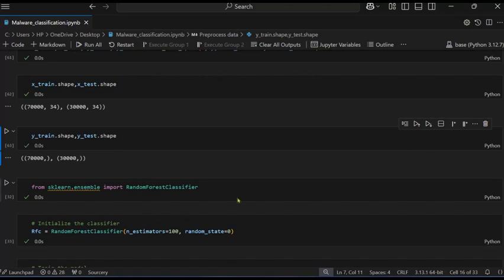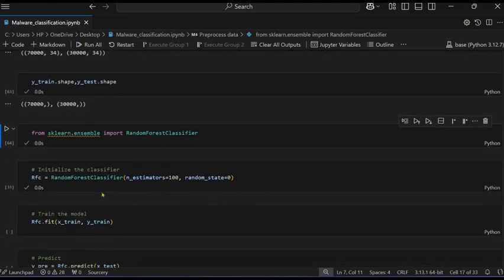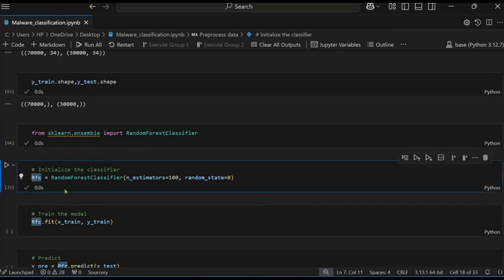Now the next is using the classifier. From sklearn.ensemble import RandomForestClassifier. So we use the random forest classifier. So it's working. Now initialize, create the model. This is the variable name, you can take anything.